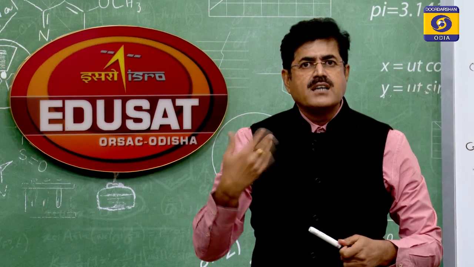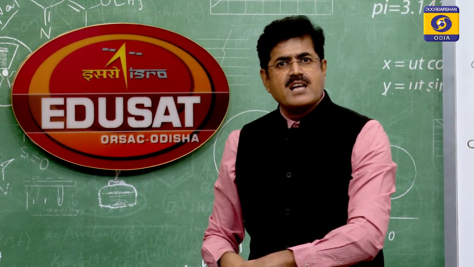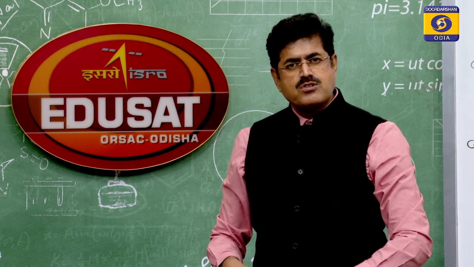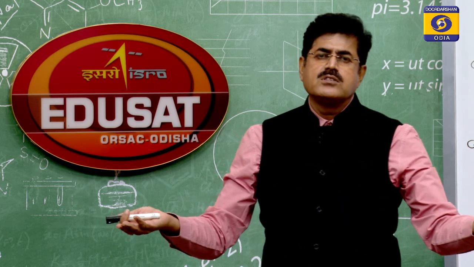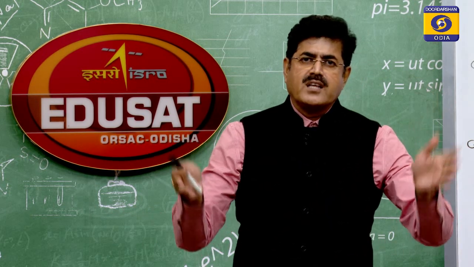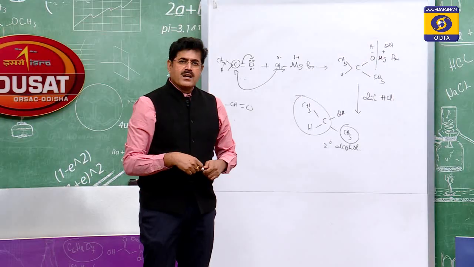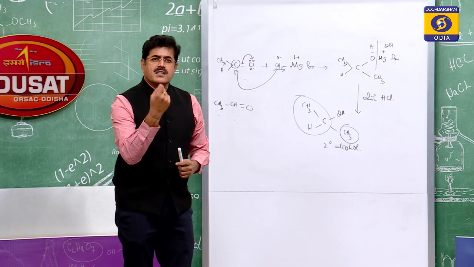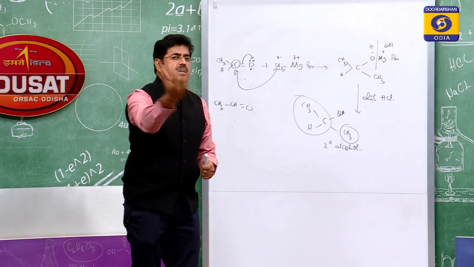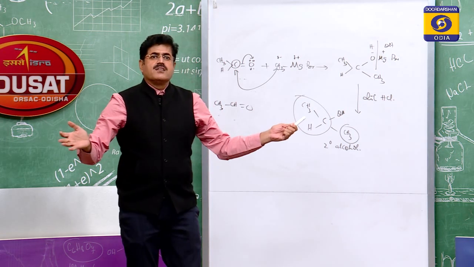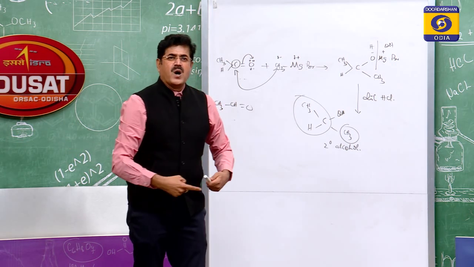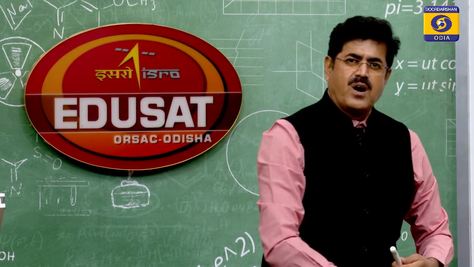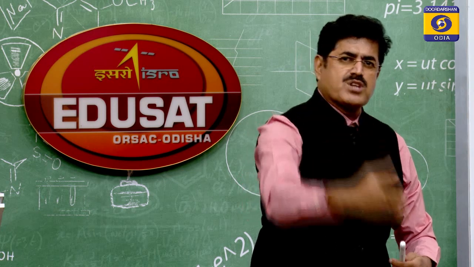The same question can be asked in a different way: prepare isopropyl alcohol by using a suitable Grignard reagent. Same question. Acetaldehyde with methyl magnesium bromide gives us the answer. So this is addition of Grignard reagent to aldehydes and ketones. I have not yet discussed ketones. Let me show you how addition of Grignard reagent to ketone gives tertiary alcohol. Any ketone you use gives tertiary alcohol.